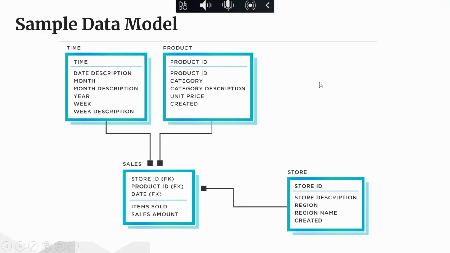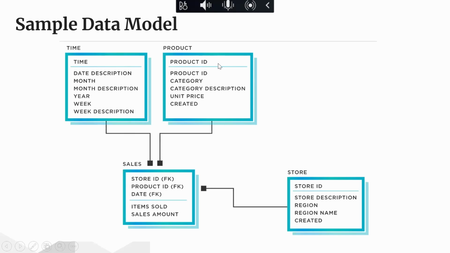So this is what a simple data model looks like. For instance, we have 1, 2, 3, 4. These are the list of tables that we have, right? But you see that these tables are all pointing to one table, the sales table. We have product pointing to sales, we have stock pointing to sales, we have time pointing to sales. In some cases, you will find this time is written as date, but in this instance, it is written as time.